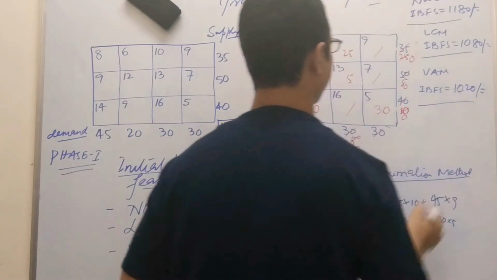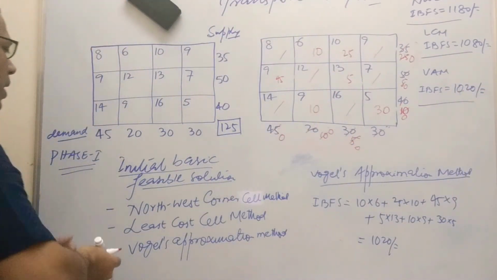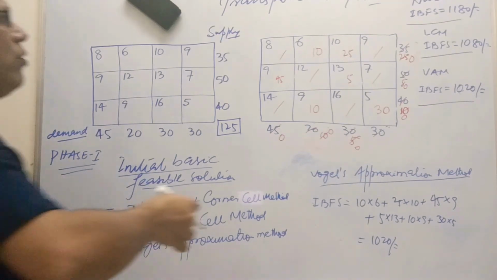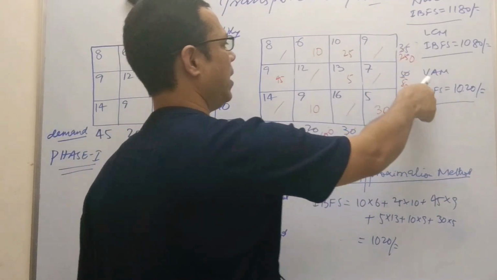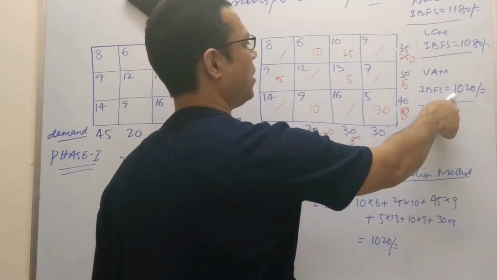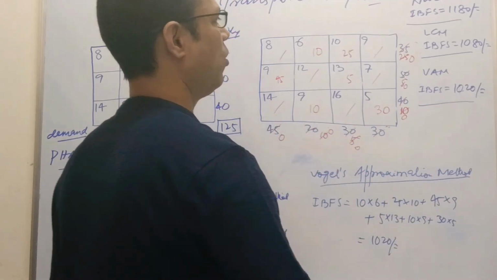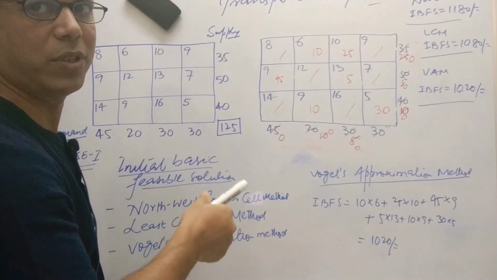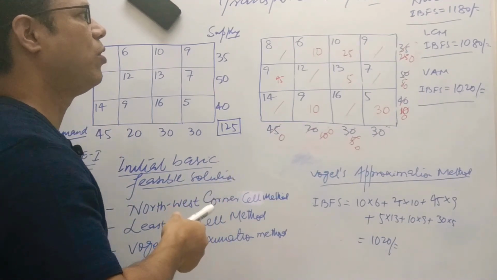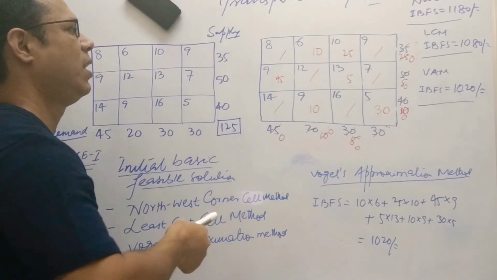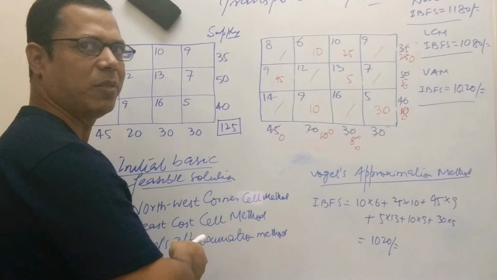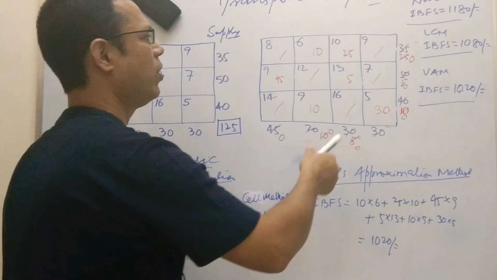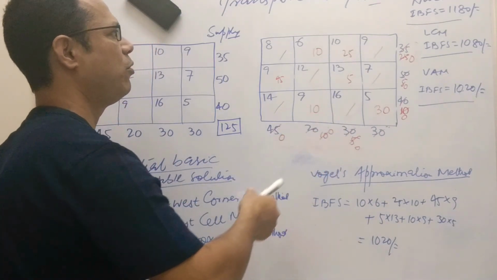1020. Okay, now we have applied all these three basic methods to find the initial basic feasible solution. So here, if you compare the northwest corner method, least cost cell method and Vogel's approximation method, Vogel's approximation method is going to give you the least cost to transport from the sources to destinations, to minimize the cost of the transportation. So we can say, for the initial basic feasible solution, I am not saying for the optimal solution, Vogel's approximation method is one of the best methods to find the initial basic feasible solution.